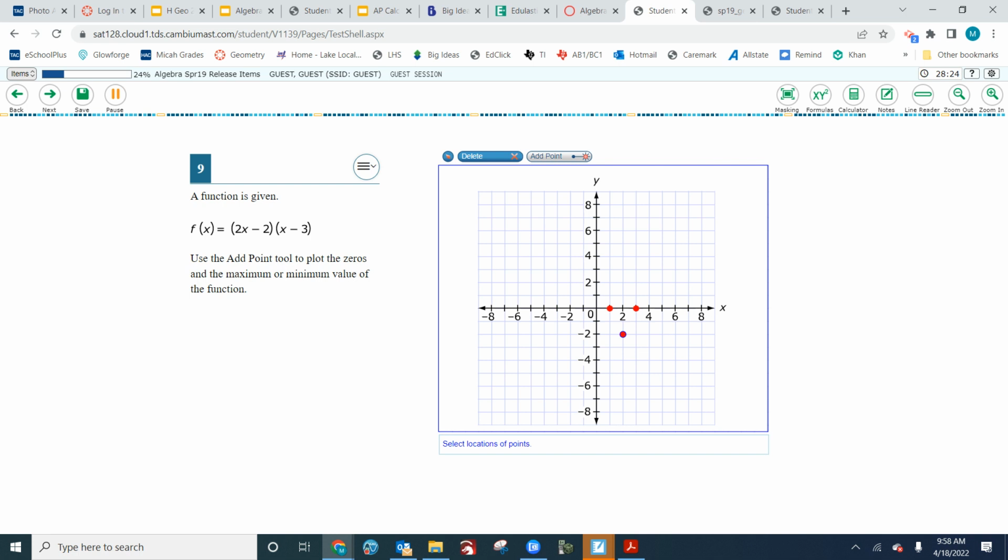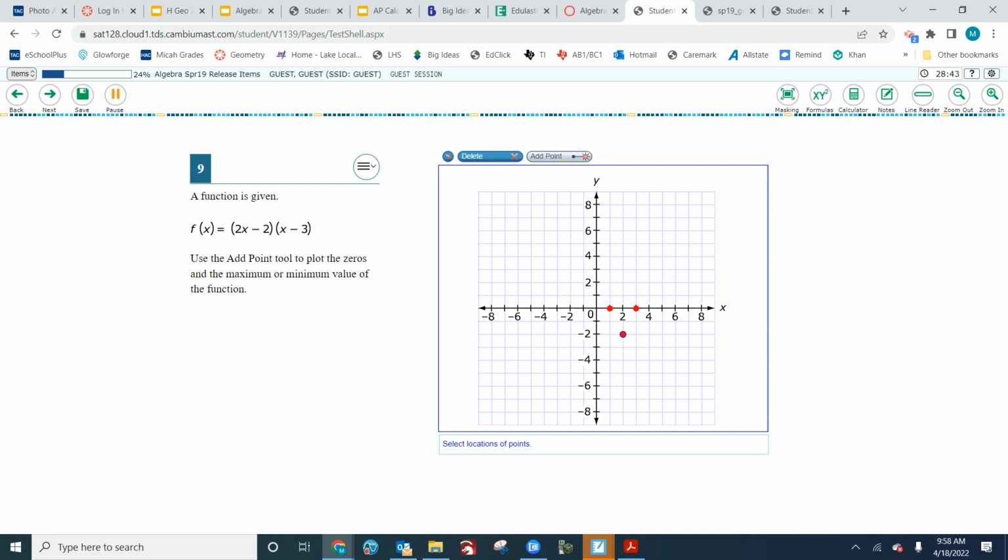I would just be careful. We get so used to using Desmos. Remember, they can't grade you based on your Desmos work. You have to put those points there, right? Yes. Clicking on it in Desmos, it almost feels like we solved it. You have to convert it over here. You have to put it over there.